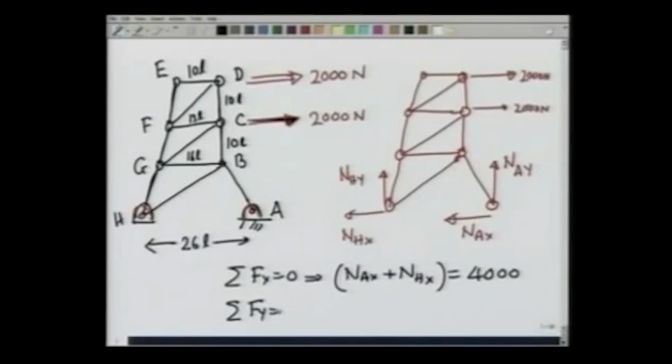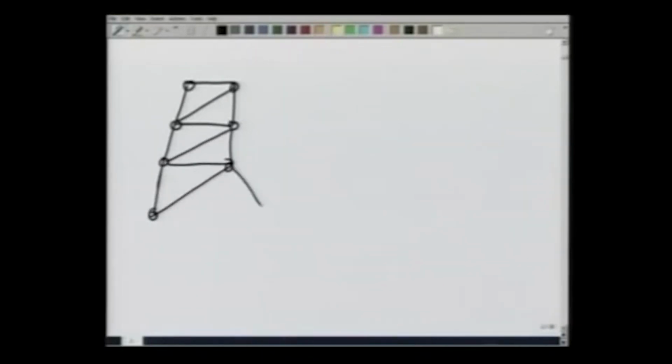Summation Fy equals 0 gives me NAY plus NHY to be equal to 0. That means NAY and NHY are going to be opposite. The value of NAY or NHY can be obtained by applying the torque equation, and I am going to take the torque about point H, so if I apply torque about point H,